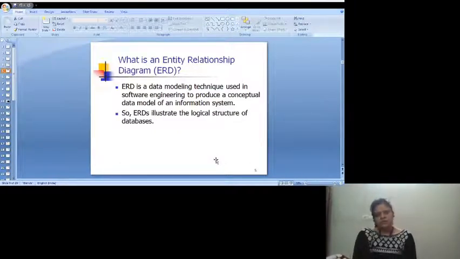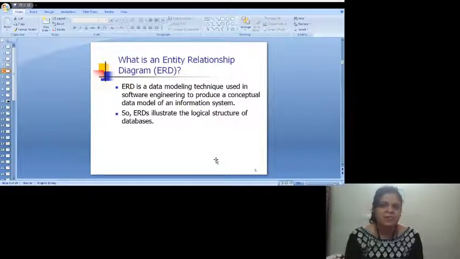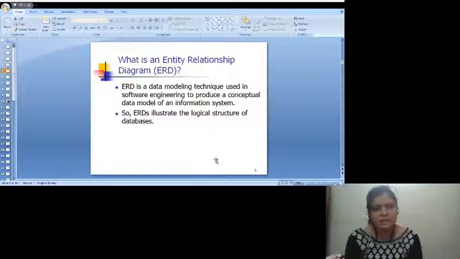First of all, what is an entity relationship diagram? What is an ERD? You must know it is basically a design document which is designed to sign off between the client and the developer. The client is the person who is seeking a new information system for his or her convenience, and the developer is a person who will develop that system for the client.